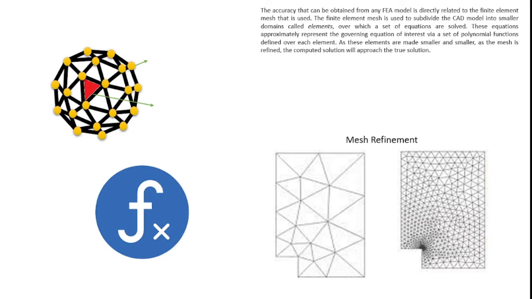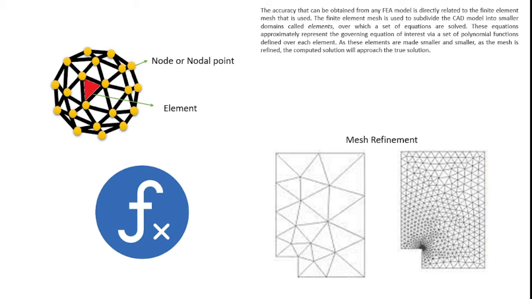So what is the initial step? The accuracy of the developed model can be identified through finite element analysis, and the accuracy of the finite element model is directly related to the finite element mesh. Here you see a sphere. The sphere is split up into a lot of triangular elements. The red colored thing is known as an element, in the form of a triangle, so it is called a triangular element. And all elements are connected at points.